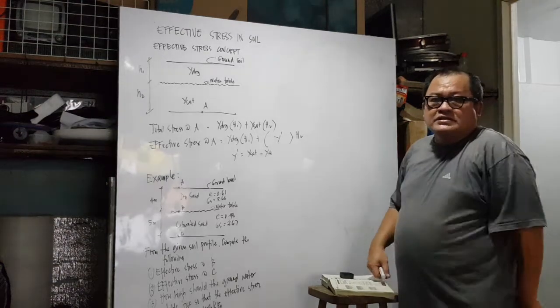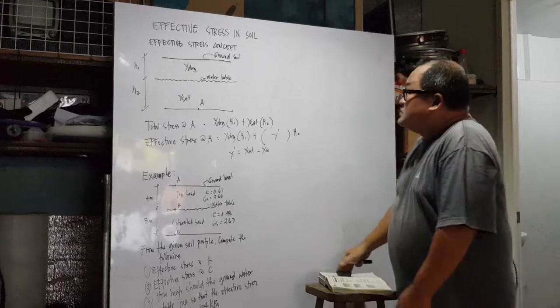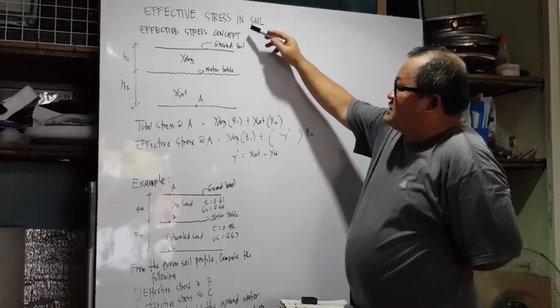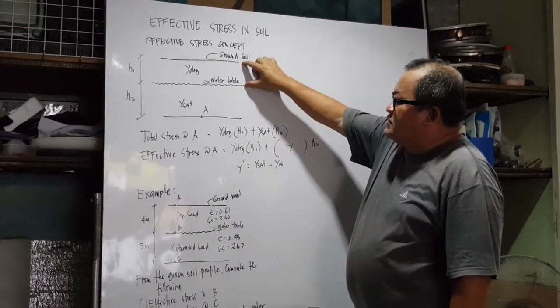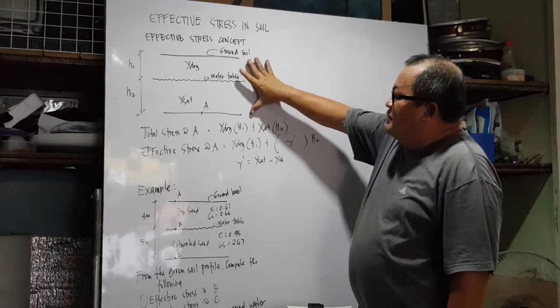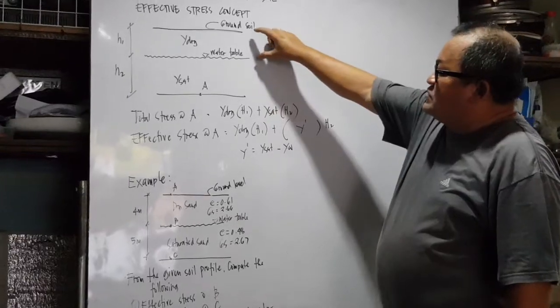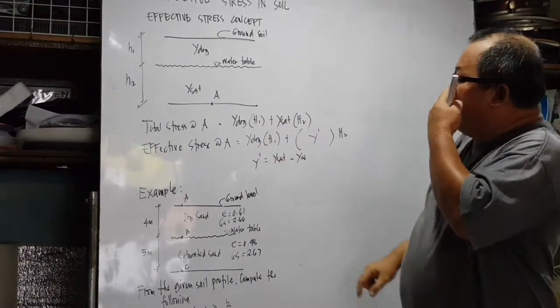Okay, we go to the next topic. So this is effective stress in soils. The effective stress concept: if I have a layer of soil, H1 and H2, where the top portion is dry and the bottom portion is saturated,